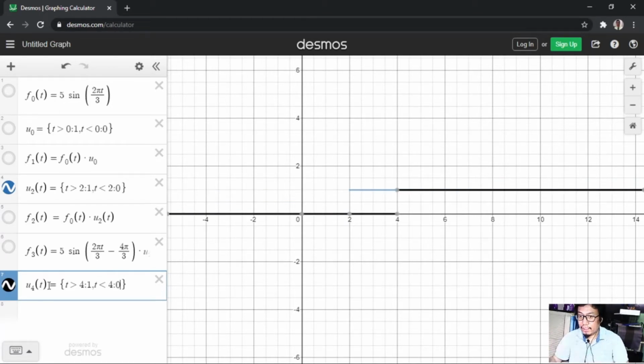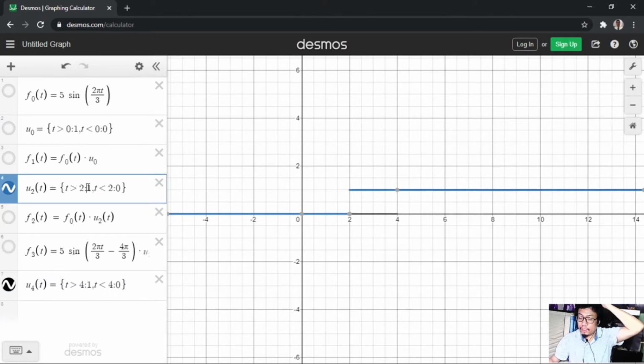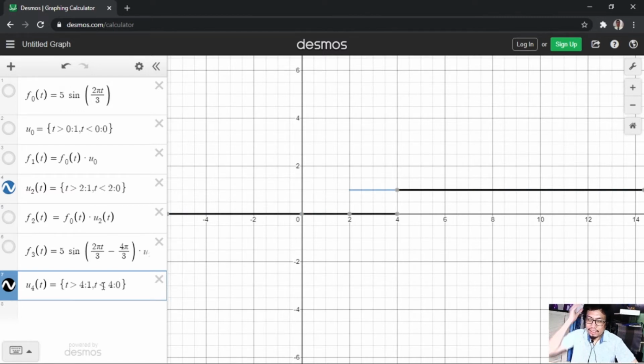Okay. So, as you can see here, since it's contrasting now. The black line is the u of t minus 4. The blue line is the u of t minus 0. When you subtract these two, basically, those lines that overlap